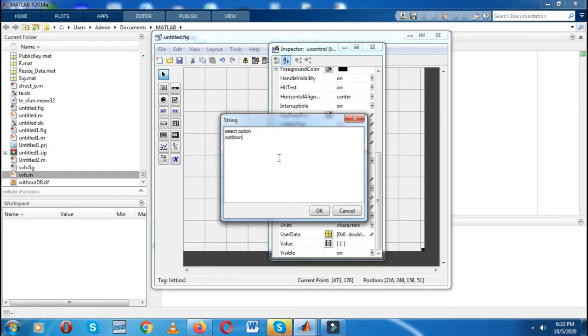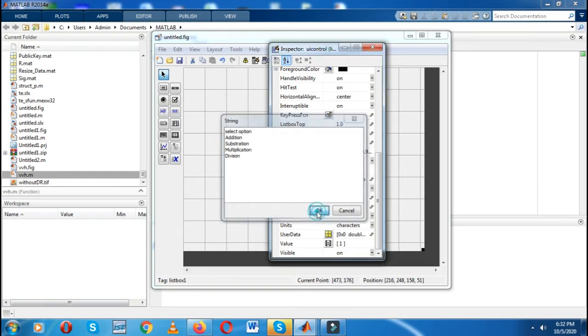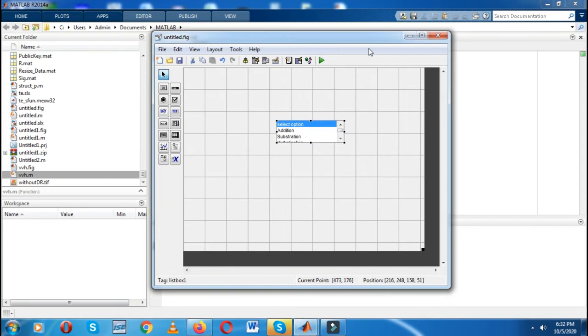Then I will write addition, then subtraction, then multiplication, and finally division. Simply click on OK, and close this window.